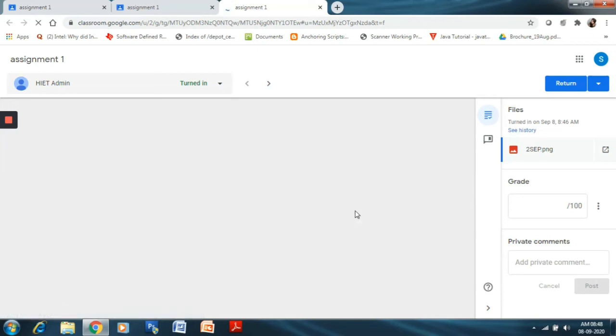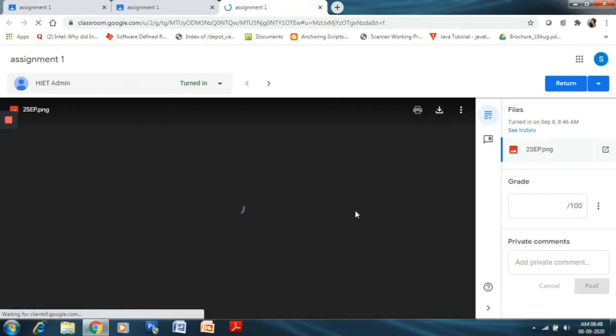So it's being loaded. So once the window has been loaded, you can see what the student has submitted.